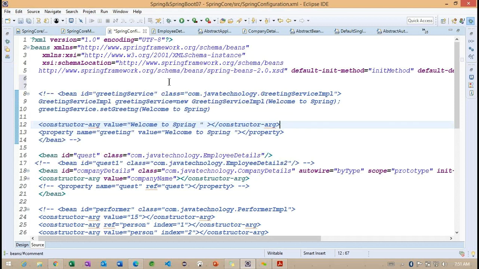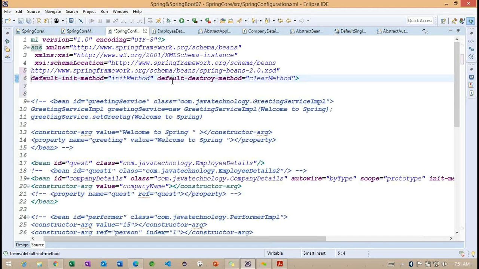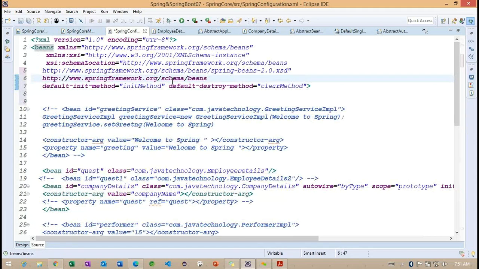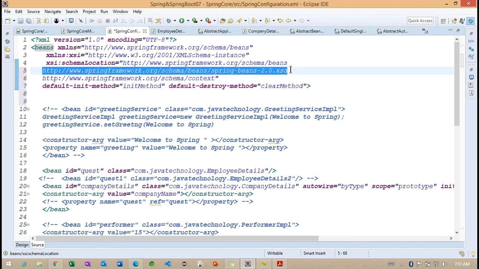To work on this particular beans, here I want to add context. After this context, I want to copy.